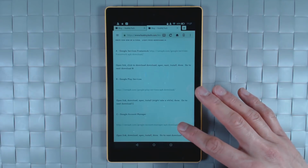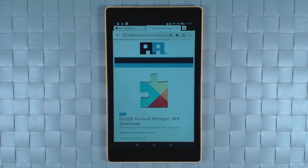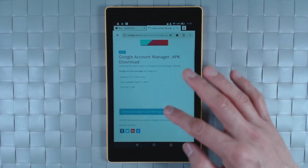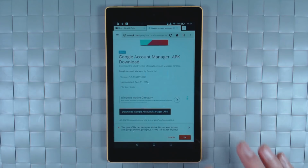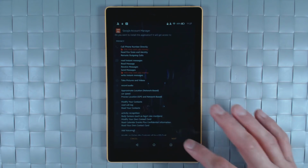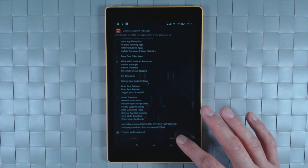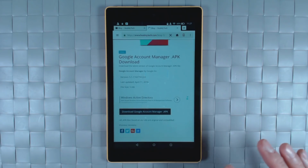Now go to the third link, which is Google Account Manager. Click on that. Go down, click on download Google Account Manager.apk, click OK, and click open, next, next, click on install, and that's done. Now go back to do the last one,